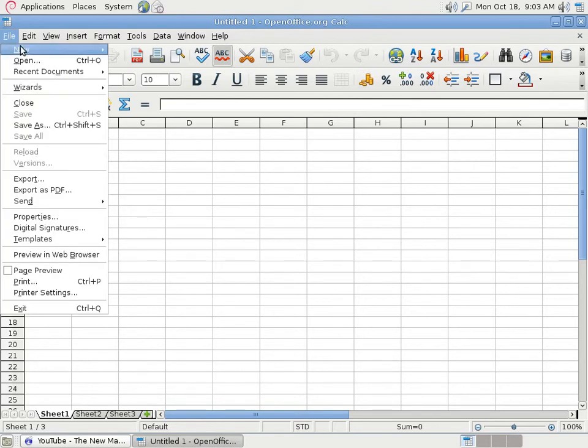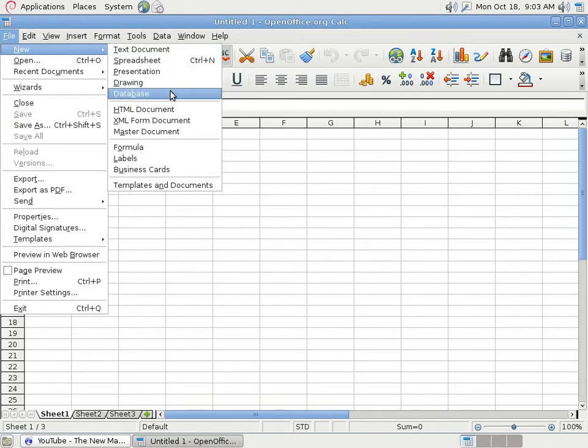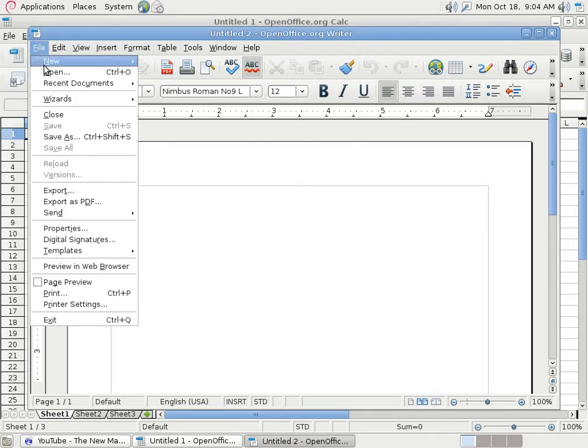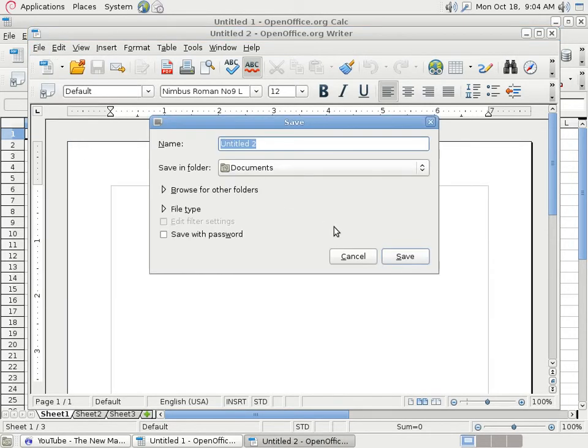Inside OpenOffice, we can also open up Writer, which is a text document. We can open up a text document, which will open up Writer, which is a word processing program. And once again, this is compatible with the Microsoft doc files or docx file if you're using 2007 or 2010. If you just go to File and click Save As, we can specify